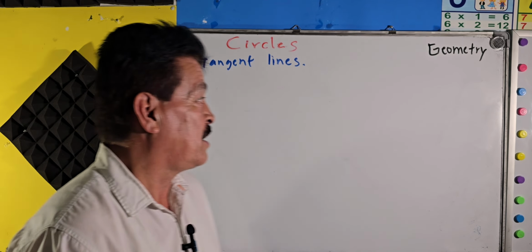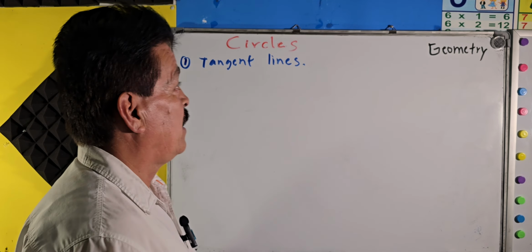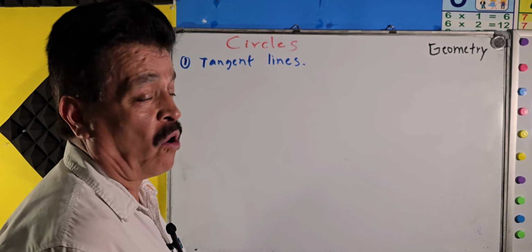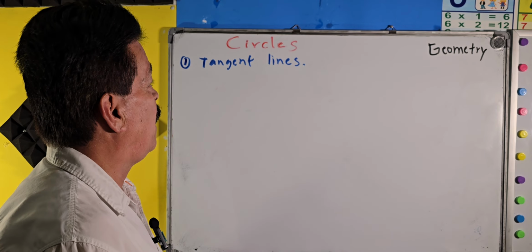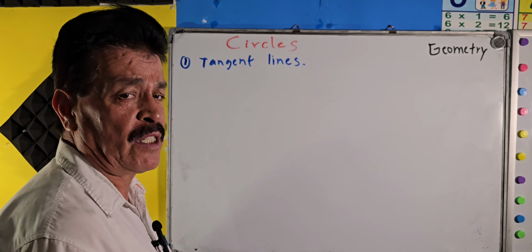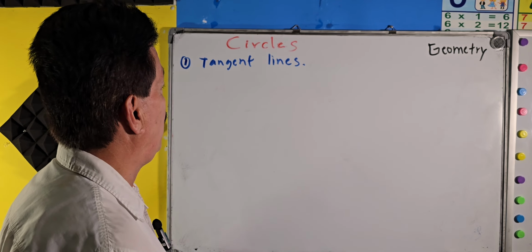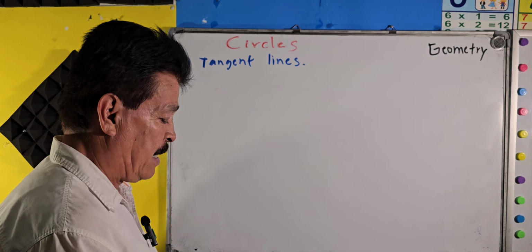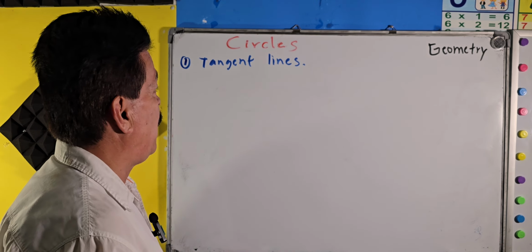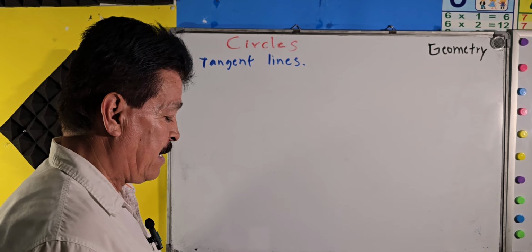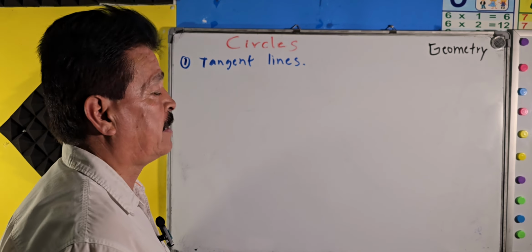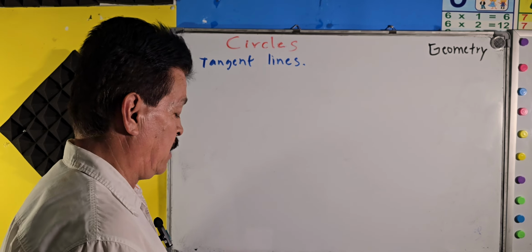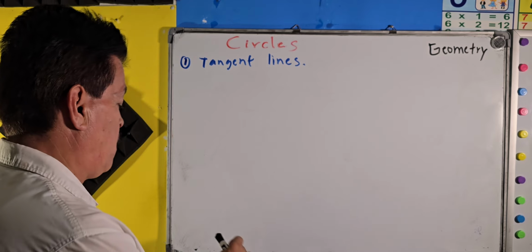Geometry class. Today we show you the topic circles. Okay, circles. I will divide my class into two sections. In one section I will talk about tangent lines, and in section number 2, how to construct the tangent line to the circle. Okay, inside the circle. Okay, first